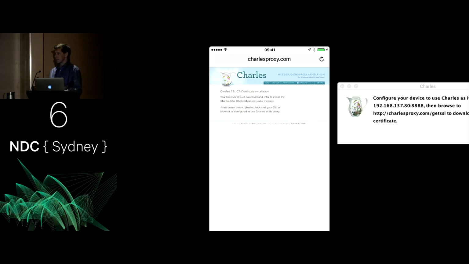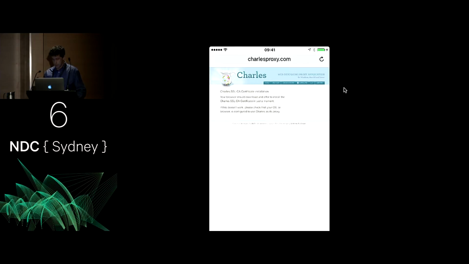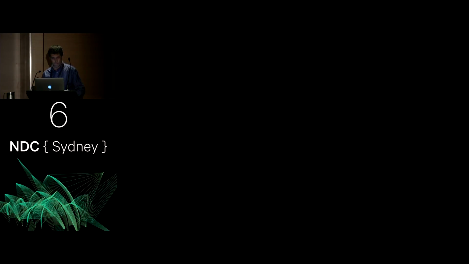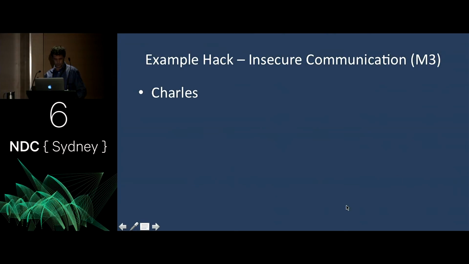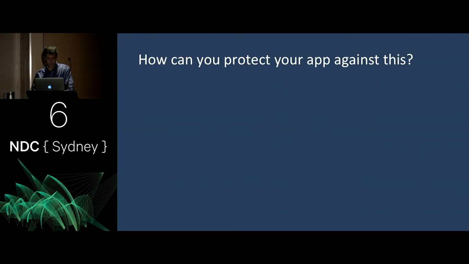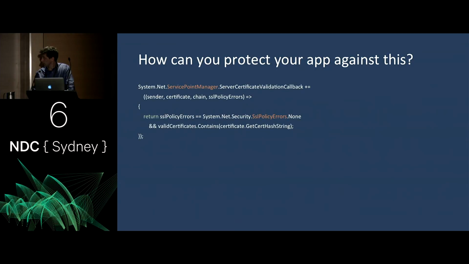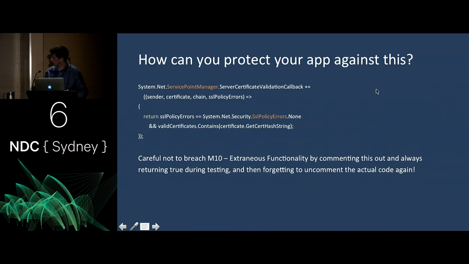So again, great that we can look at how to do that, great that we know how to do it. How do we prevent other people doing it in our apps? Let's just get these out of the way and come back to the presentation. So yeah, just a summary, all we really used for that was Charles. All you'd use for it on a Windows machine would be Fiddler or an equivalent. Now again, we've got some code that is, I can make that bigger. There we go.